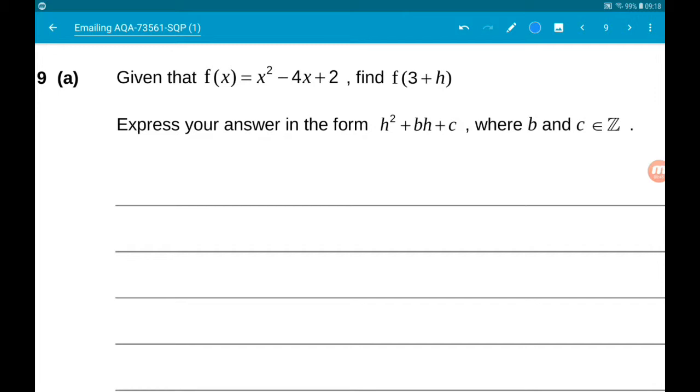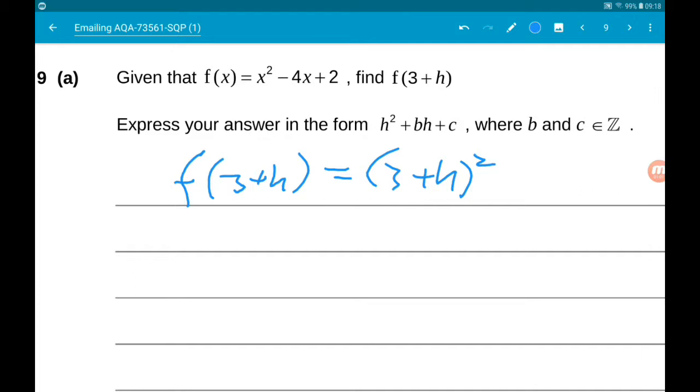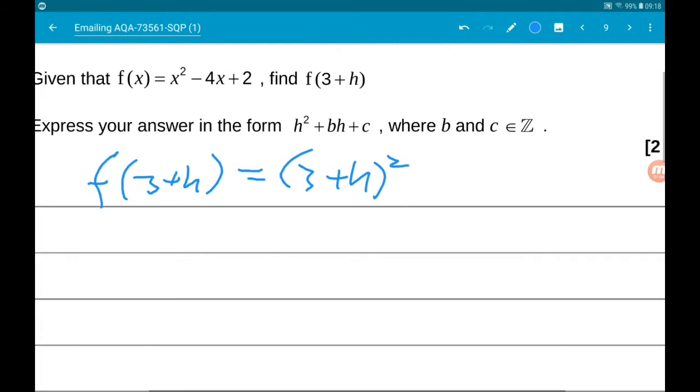So, f of 3 plus h is what we get when we substitute x equals 3 plus h into f of x. So, f of 3 plus h is equal to (3 plus h) squared minus